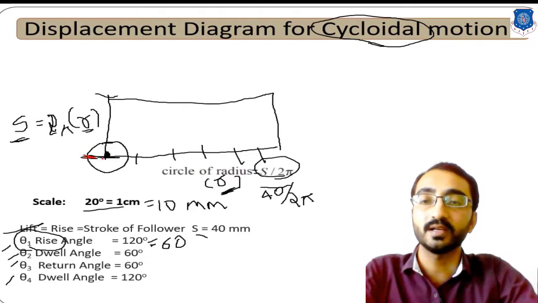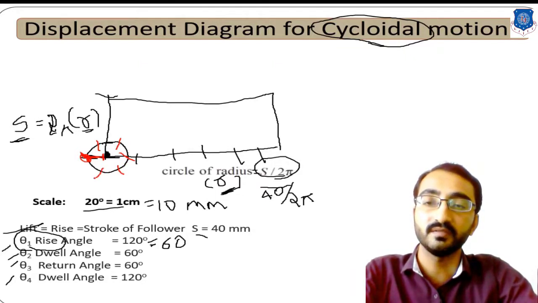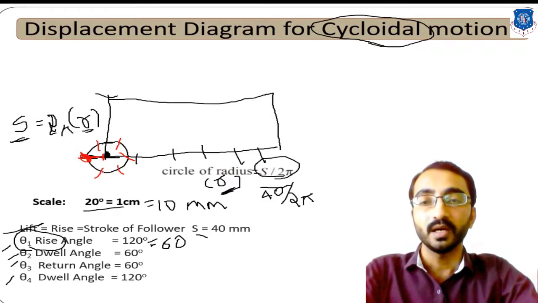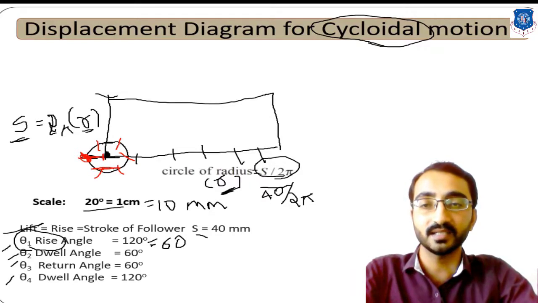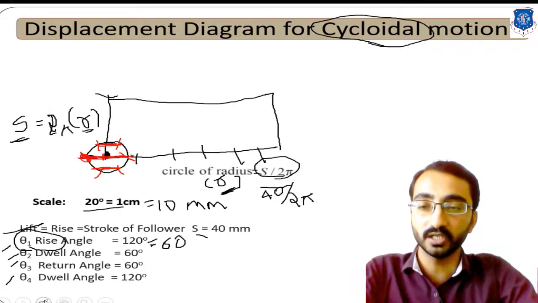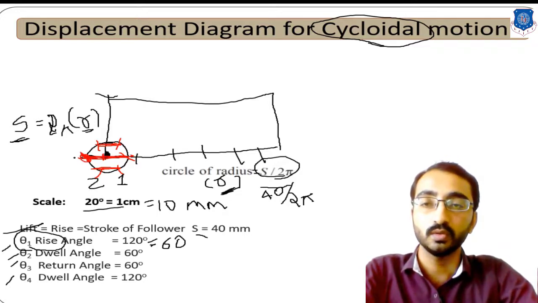If you consider the radius of your circle as your arc length, then the first arc you will get from this point over here. That is your first division, second division, third division. Simply put the tip of the rounder over here. So the fourth division, fifth division, and sixth arc you will get over here. Now simply extend these division lines in such a way that they give you exact horizontal lines over here. So you will get these horizontal lines. Now give notation to these divisions as 1, 2, 3, 4, 5 and 6.